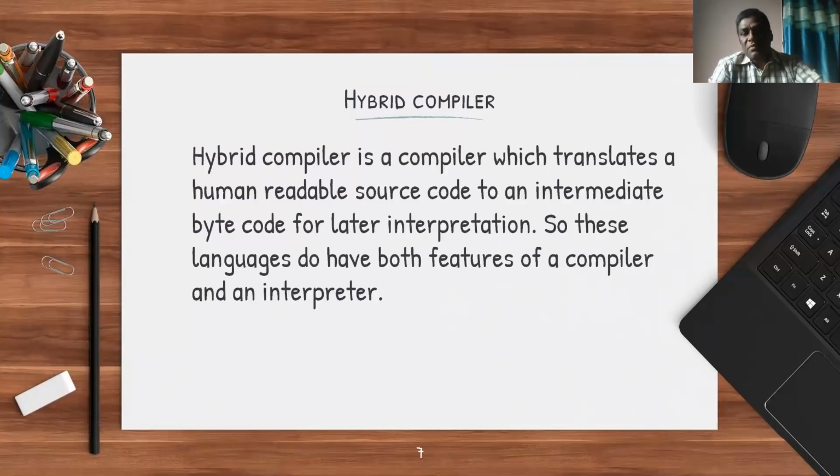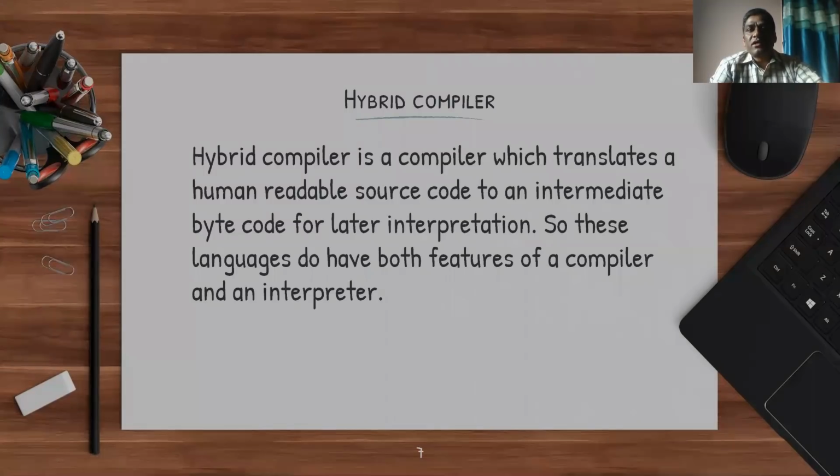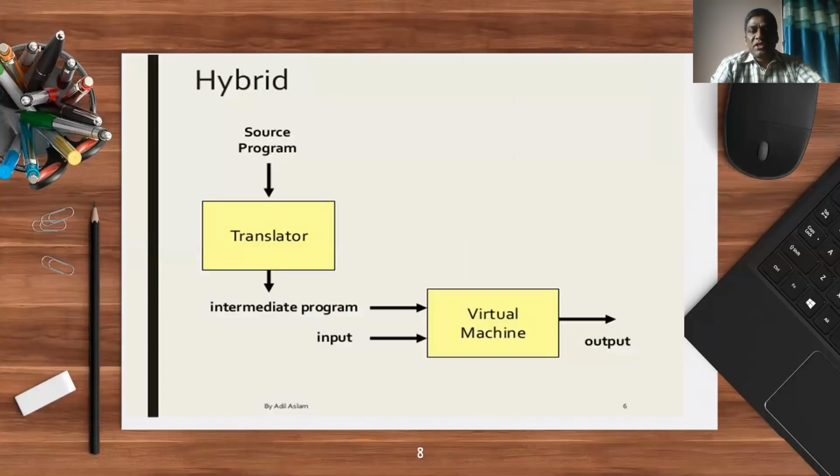One is a regular compiler, which produces bytecodes, and then a virtual machine which produces the final executable code. So you can see it here. A translator is available which produces an intermediate program, and a virtual machine which can interpret your intermediate program and produces outputs. So this is a hybrid compiler.